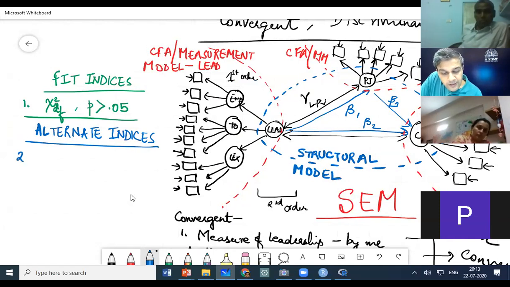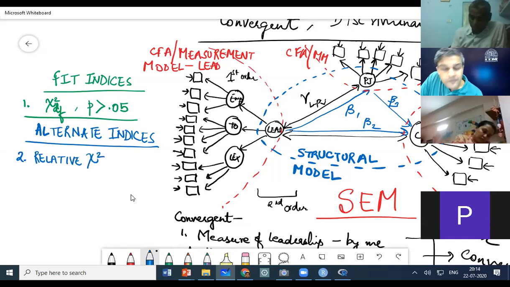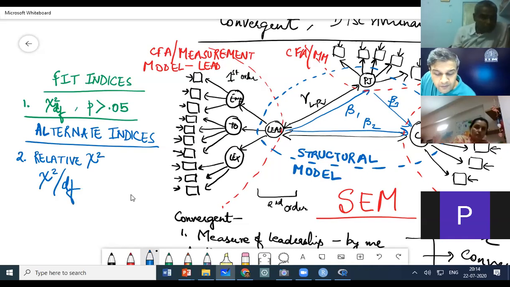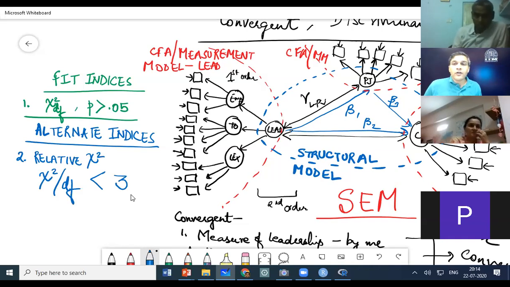What are the alternate fit indices? The first one is relative chi-square. It is nothing but the ratio of chi-square and degrees of freedom, and we should usually look for this ratio to be less than 3. That will give us a good fit.